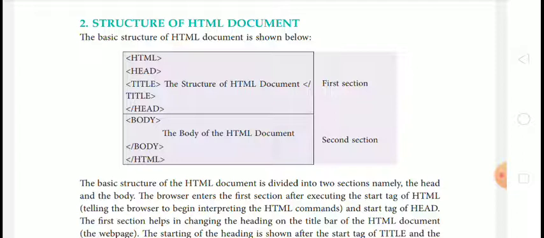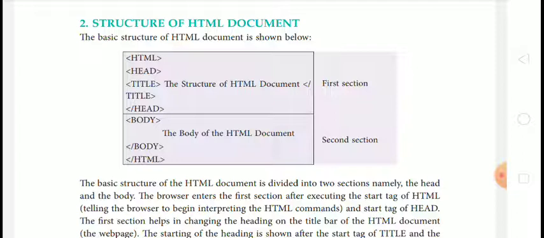Then next is the heading tag. You can see HEAD, that is the heading tag. After that, the title tag. In the title tag, some text is written, that is, structure of HTML document.